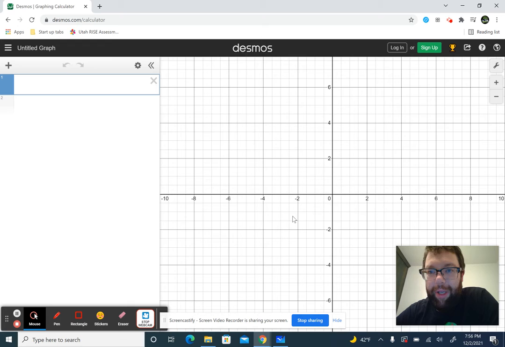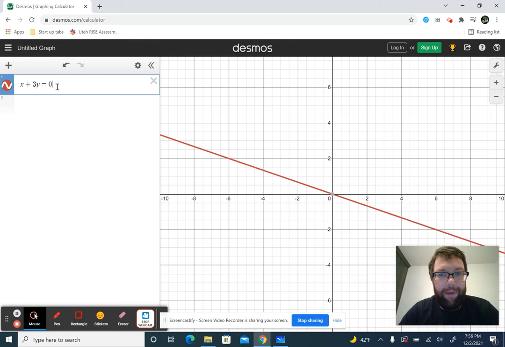You see a coordinate plane over here. There's a spot on the left to type in any kind of equation that you want. There are lots of uses for the graphing calculator, but this is its most basic use. So if I wanted to graph x plus 3y equals 0, which is what the equation was,